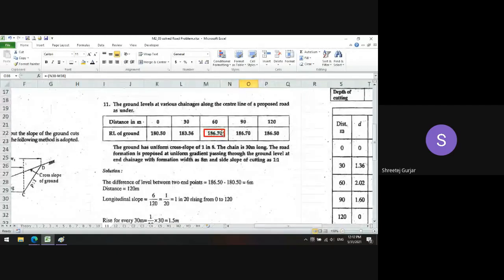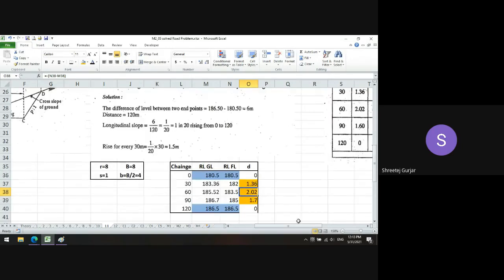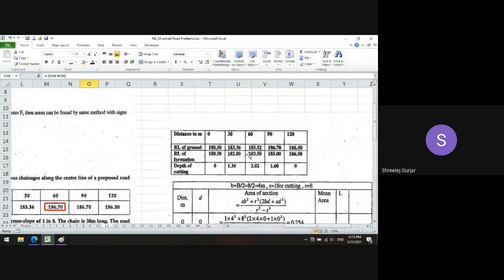Now I have marked this in red. Why have I marked this in red? Because you can observe it is 186.7. Remember the value 186.7 for NH 60. But while using it in the calculation, what they have used is 185.52. Initially it was 186.7, and while using they have used 185.52. In textbooks, this kind of problem they will be doing, wherein they take something and solve using something else. So what we have done is we have used these values and calculated.